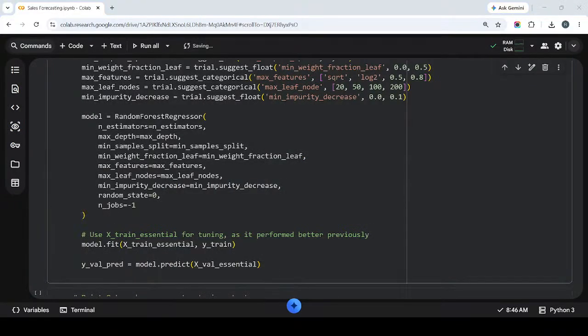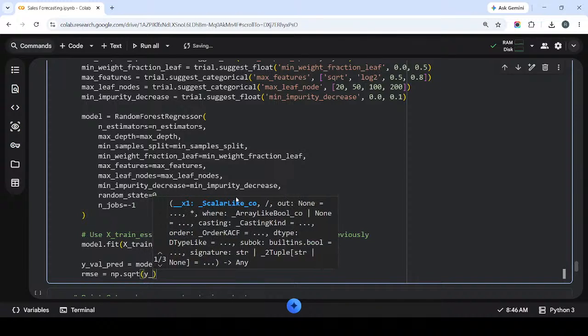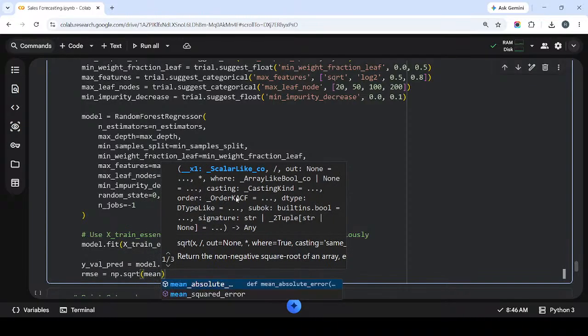And after this, we calculate the RMSE value on the prediction value. So np.sqrt of the values, np.sqrt of mean squared error,